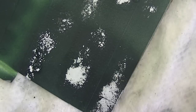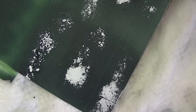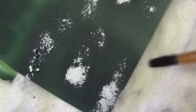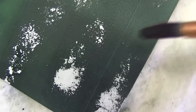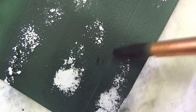I want to illustrate how quickly things can change with this process, and why you've really got to be prepared to stop. So I've got this brush. There it is. I'm going to try and actually do this on camera. I think I can get zoomed in here close enough to where maybe I can do this. So I've got most of the moisture removed from this brush. So I'm going to attempt to just work right here